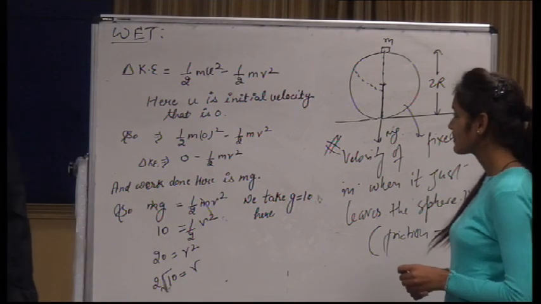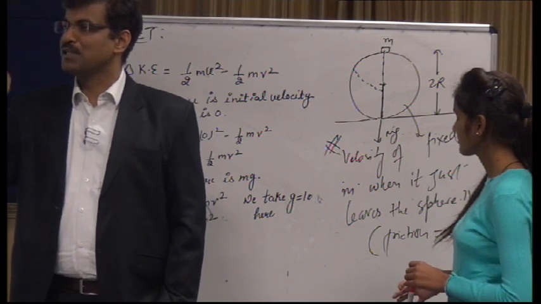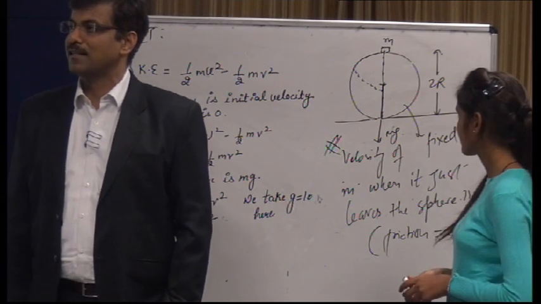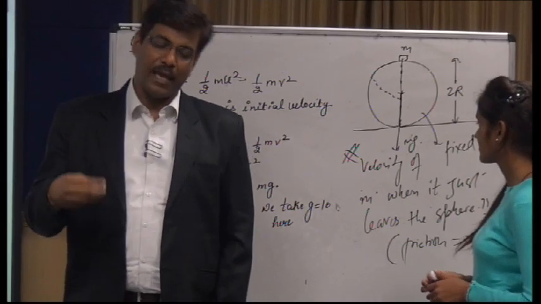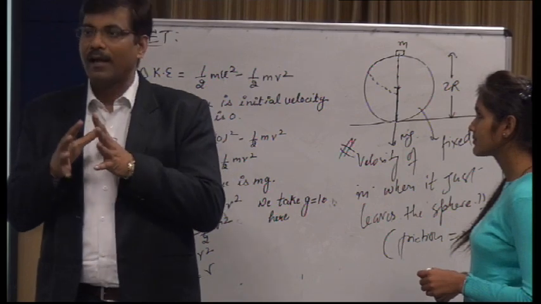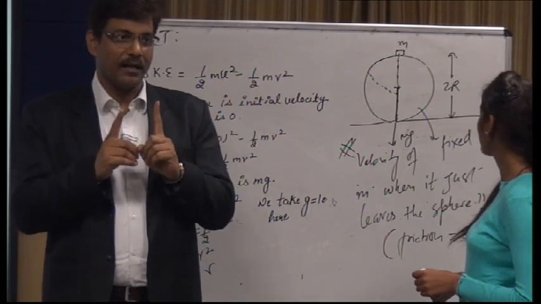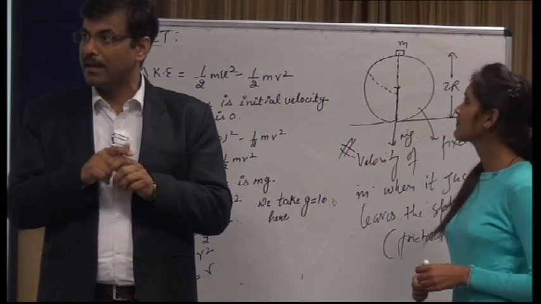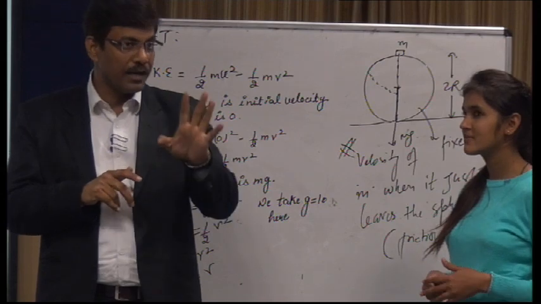अच्छा मान लो आपको नहीं पता कहां छोड़ेगा, लेकिन कौन सी वो फिजिक्स है जो आपको पता लगाने में हेल्प कर सकती है कि कहां छोड़ेगा, जहां पर नॉर्मल रिएक्शन जीरो है. हमें यही सीखना है बच्चों. हमें हर स्टेप को जो हमने सीखा है उसको रिस्पेक्ट करना है. नई चीज सीखते ही पुरानी नहीं भूल जानी है. नॉर्मल रिएक्शन जीरो अगर आप कहते हो, इसका मतलब आपको इक्वेशन बनाना पड़ेगा जिस इक्वेशन में नॉर्मल रिएक्शन मौजूद हो,